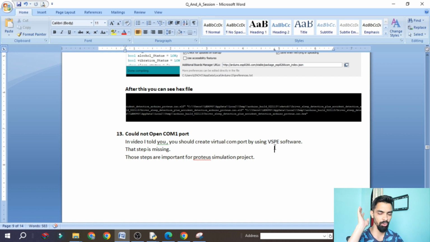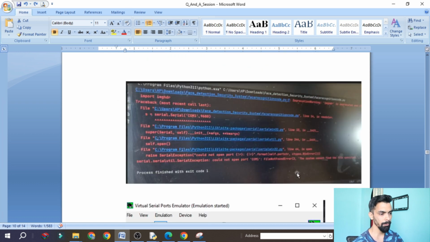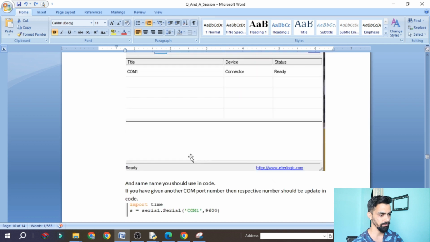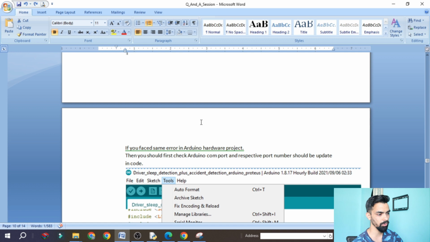In each and every video I already told, but students are not watching the complete video and start asking questions. That's the point. But now you can understand. First create the VSP COM port, and then start using that one. Otherwise you get this error, could not open the COM port, because you haven't created the virtual terminal. Then you can give the COM port number, that also I told.